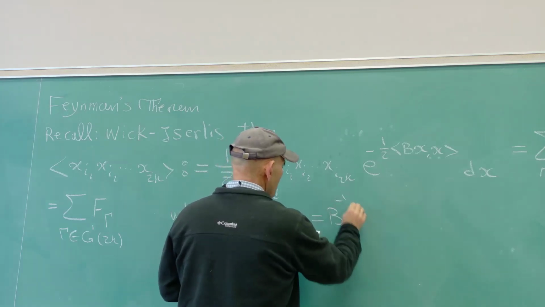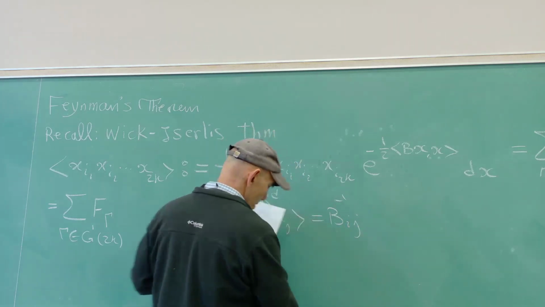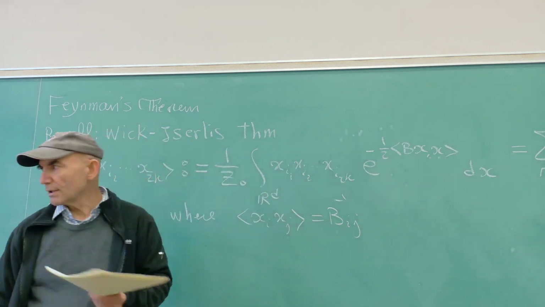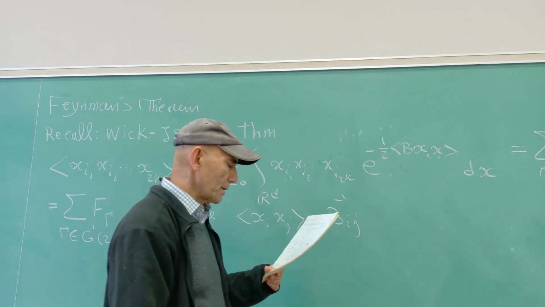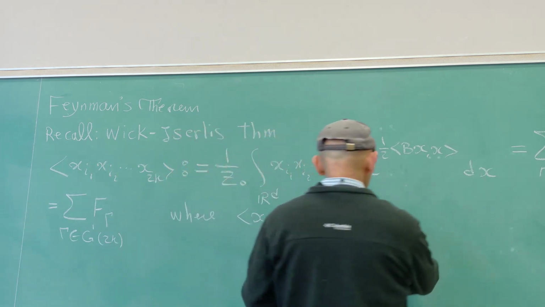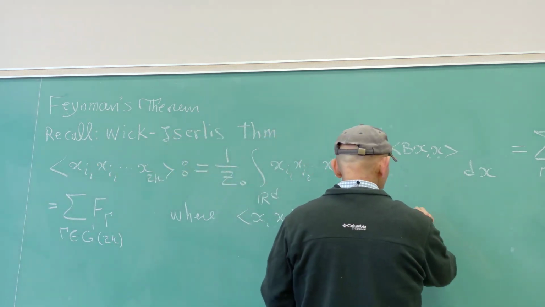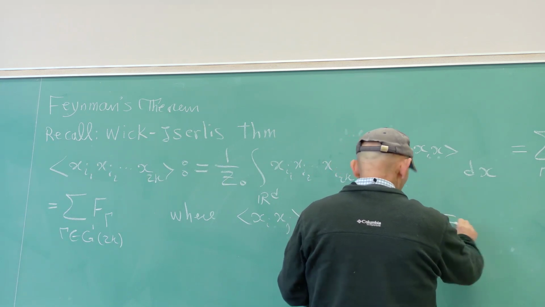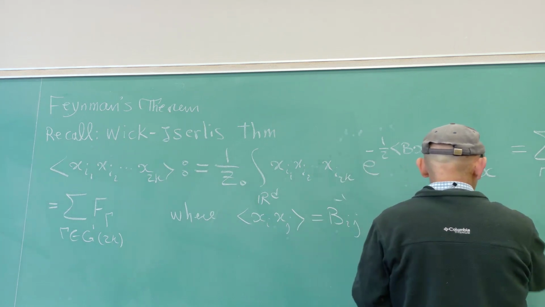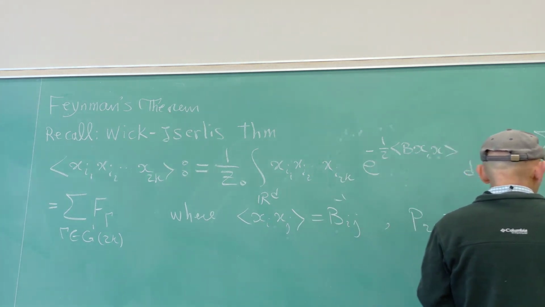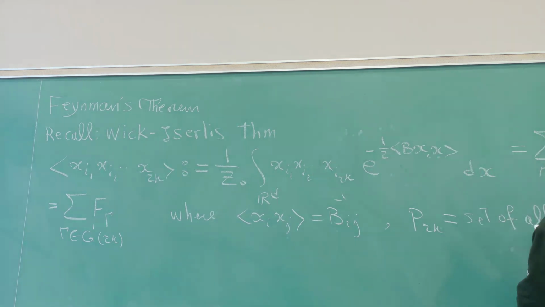This is the inverse ij. This is the ij component of the so-called propagator in this case. And P2k is the set of all pairings of the set